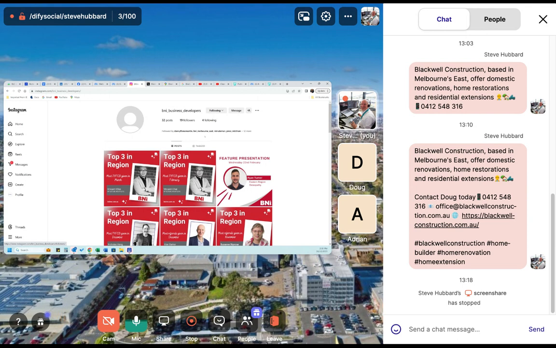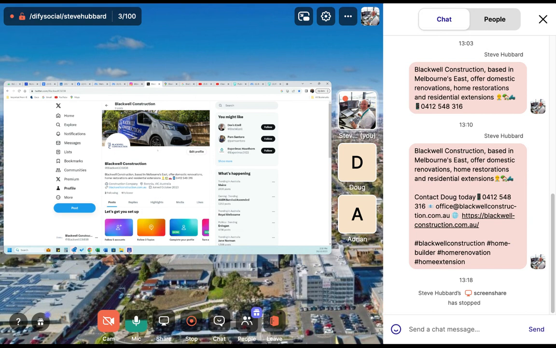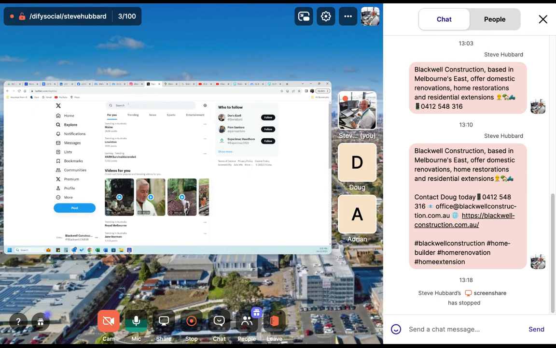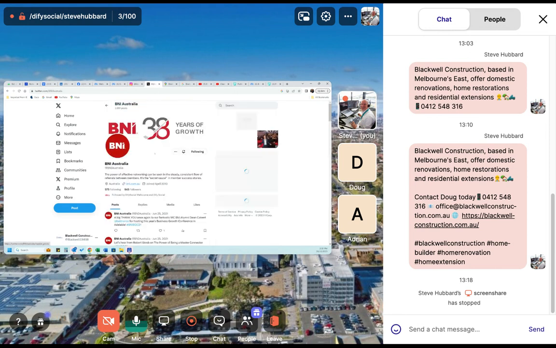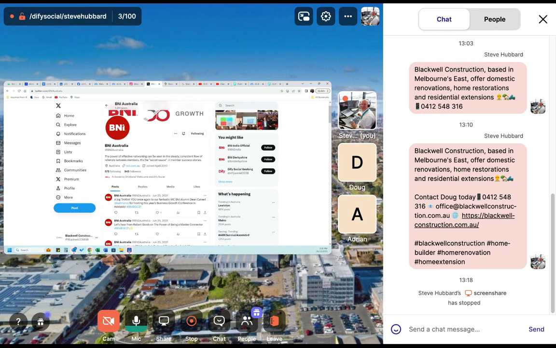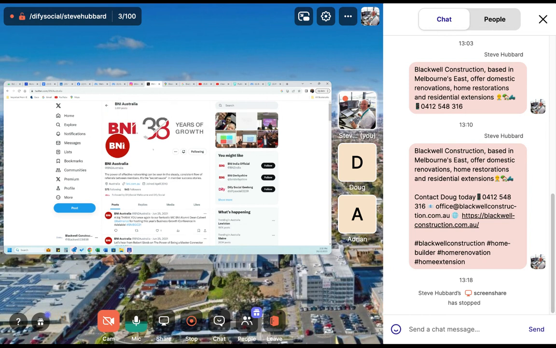So if you go to Twitter, I doubt your page has a Twitter, but B and I Australia, mate. If you type in B and I Australia, you can click on them. Oh, you're already following, but you just have a look at who B and I Australia follow. The problem is they're following 575, so maybe more the ones like